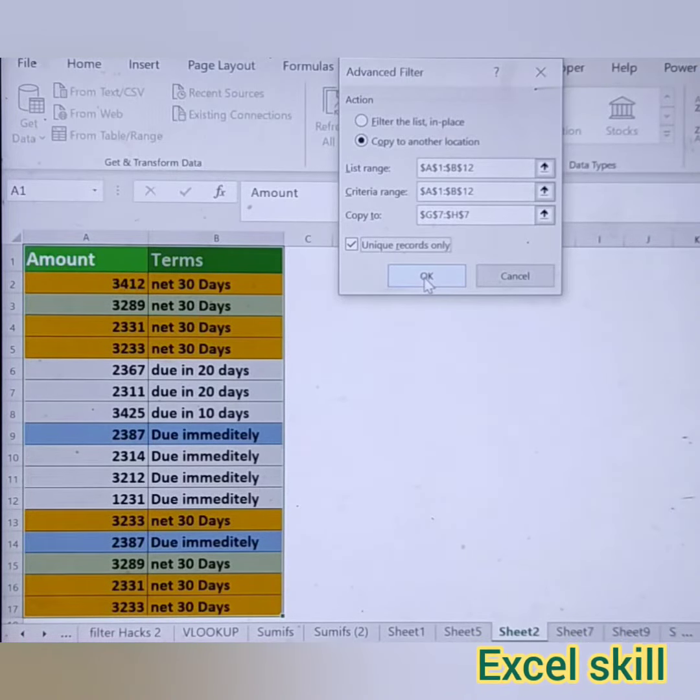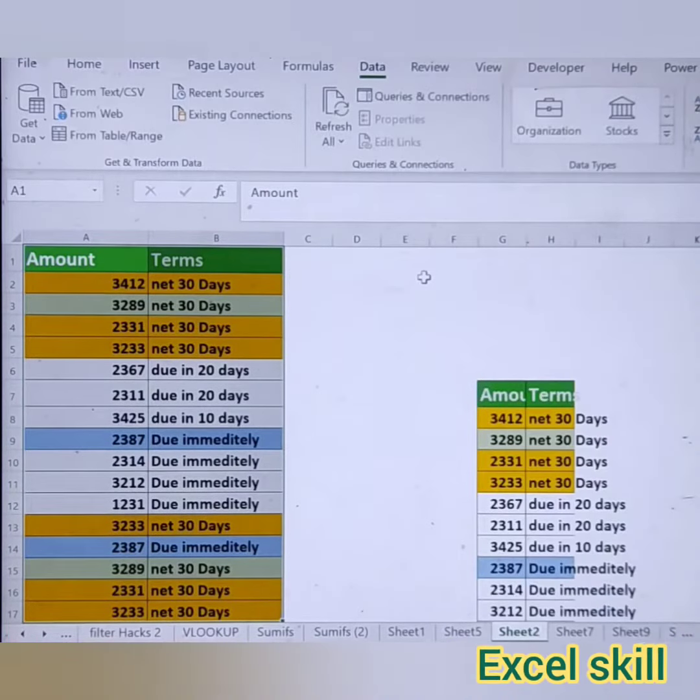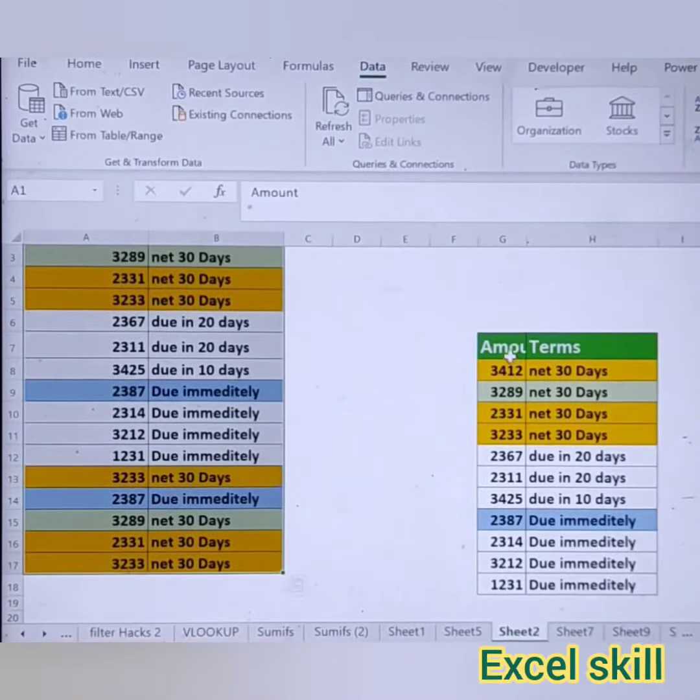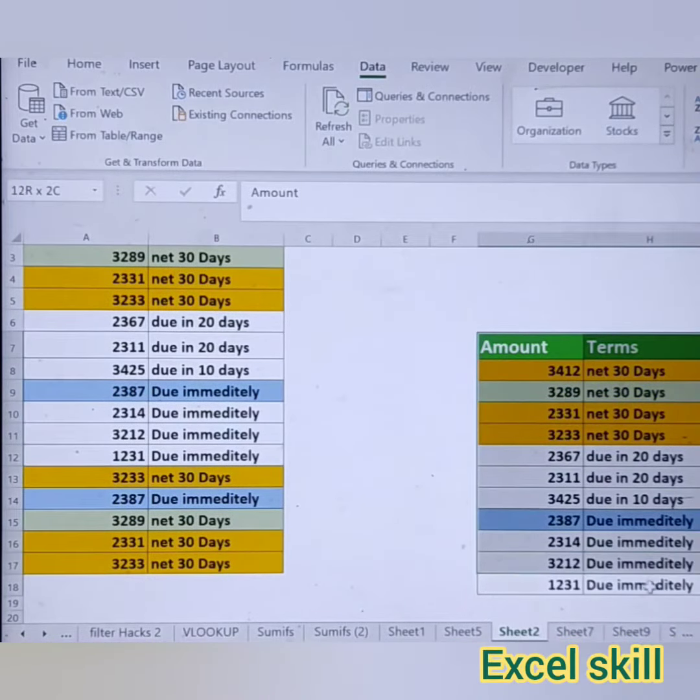Now I'll click OK and you could see the data has been placed over here. Since I have selected unique records, there are no duplicates. All are unique. With the usage of shortcuts, that is Alt A Q, you can apply this advanced filter and as well as